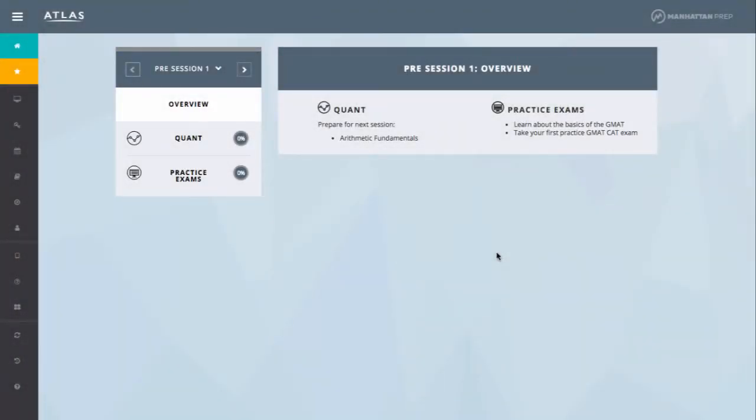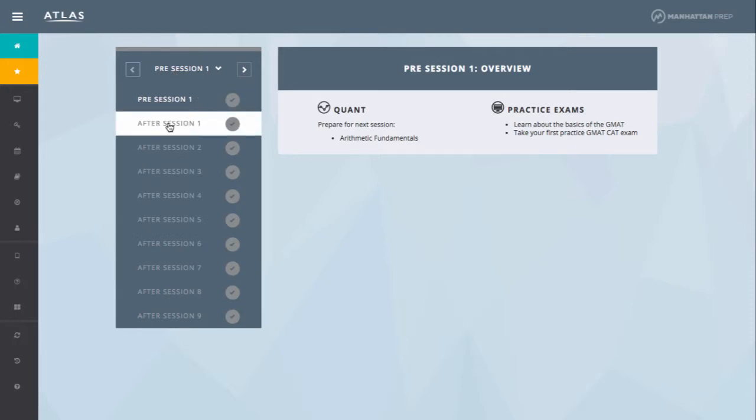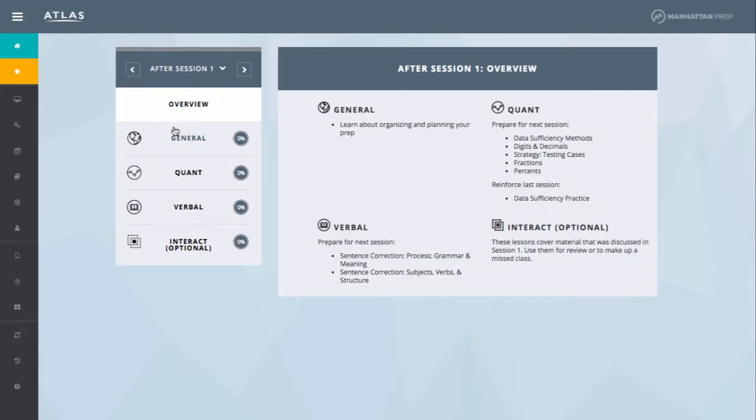I'm a teacher with Manhattan Prep, and today I want to show you where to find the homework in my class. So let's say you've just finished session 1 of my class. You're going to log into the Atlas student portal that all students have access to, and you're going to click After Session 1. And that'll bring up several submenus, and what I would like you to do is the general